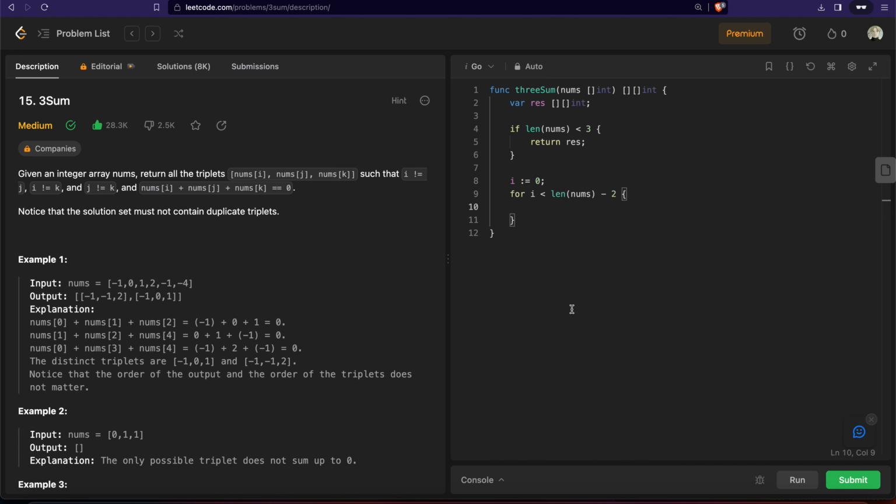Now here I'll check if my first pointer is greater than 0 and nums[i] is equal to nums[i-1]. If it is, I want to increase the first pointer and continue on the loop. Why am I doing this? Because if my i lies here,